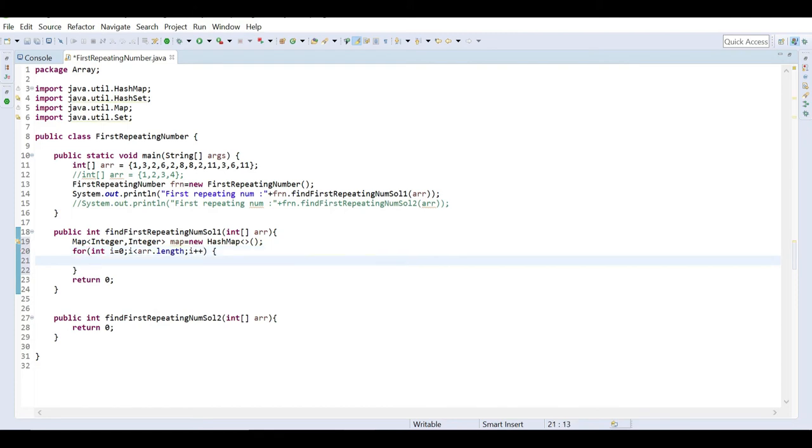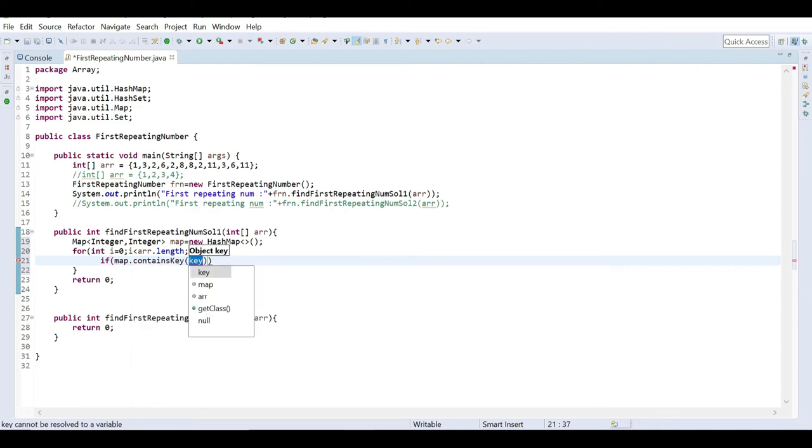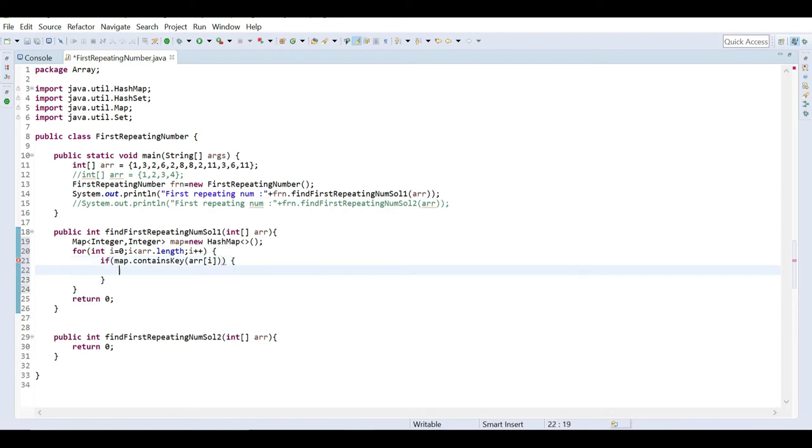Then here what you have to check is if this map contains this value, then we have to make it negative, right? Before making it negative, we have to check if it is already negative or not. If it is already negative, then there is no need to make it negative again, because it would actually make itself a positive number.